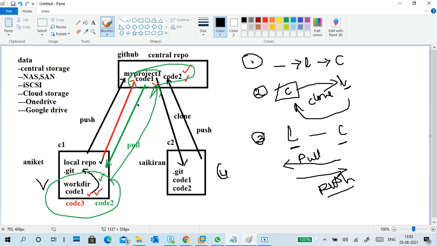The fourth one we don't do currently. Once you are confirmed that your code is correct and good, it is completed and deployed, everything is done. So for example, this is my project version 1. Now I want to develop version 2. Then I make this one the master branch, by default it is in the master branch. Then I will create branch 1 and add some more things to the existing one, developing the next features.